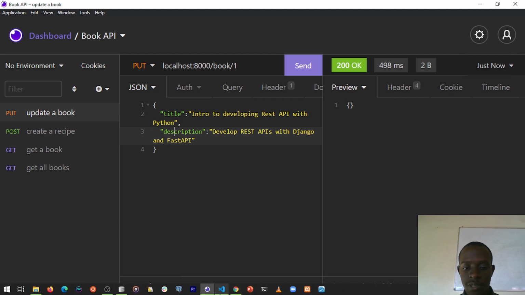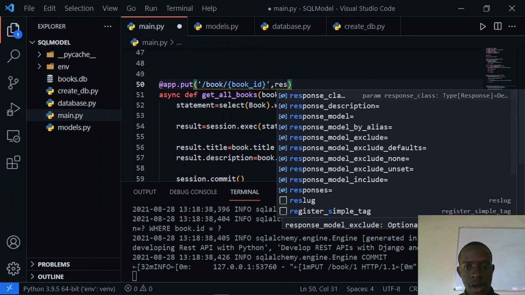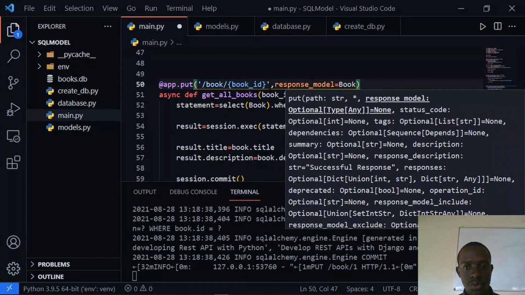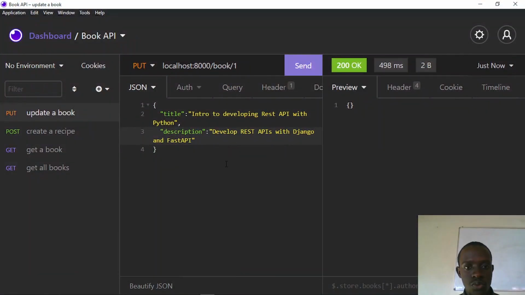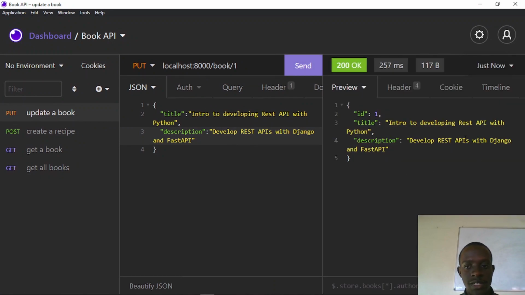So let's go ahead and fix that. I'm going to come to our Visual Studio Code. What I'll do is to say that our response model is going to be equal to our schema. So save this. Our server is reloaded. We're going to go back to Insomnia, and when I send this request, we see that it has returned an updated